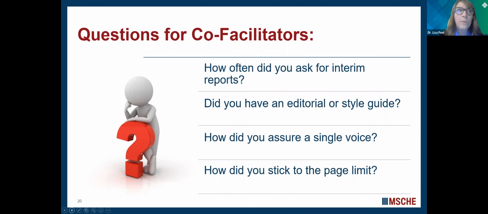Yes, so I've heard from both of the previous panelists some of the strategies we've used. So we did have an editorial and style guide to include down to the detail of a list of names of every place on our campuses that we would reference, the official names of anybody that would be referenced on our board of trustees, for instance, official titles, punctuation, capitalization, all of those things were written into that style guide.